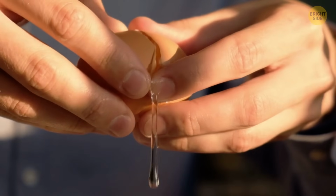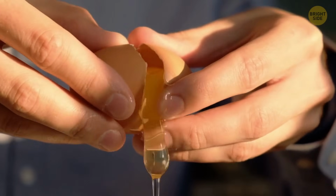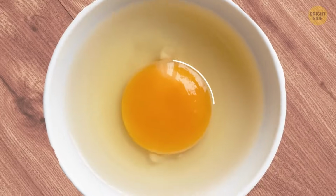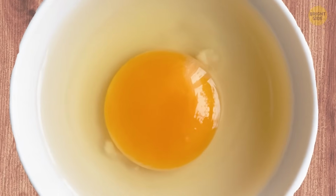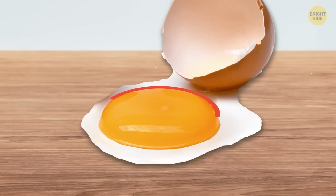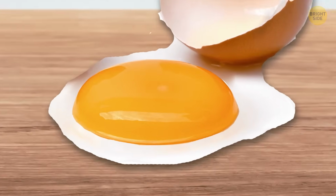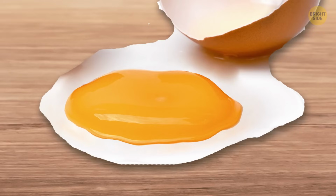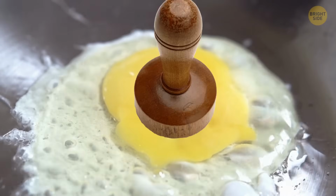Here's how you can tell if an egg is fresh or not. Break it and check the yolk. If you can see that it has a clear circle of white surrounding it and is located in the middle, you have a fresh egg. The yolk is supposed to be voluminous too. If it's flat, it's better not to eat the egg. If you see that the white part doesn't have clear borders and your egg spreads around, the chances are it's